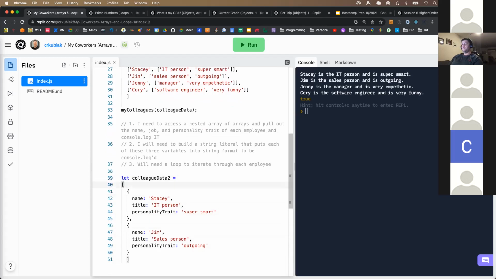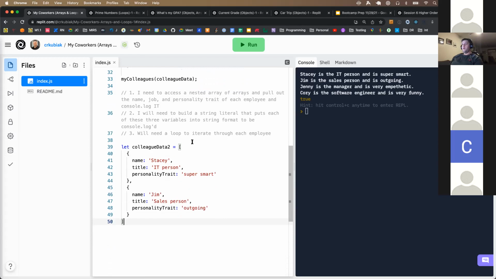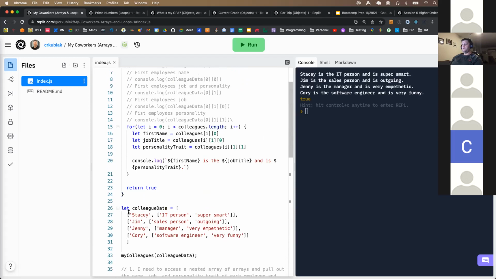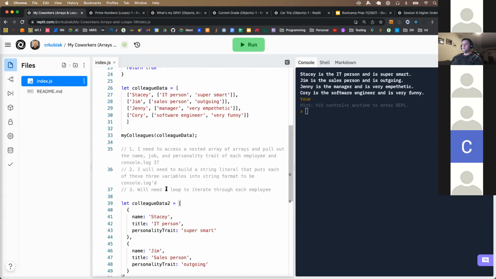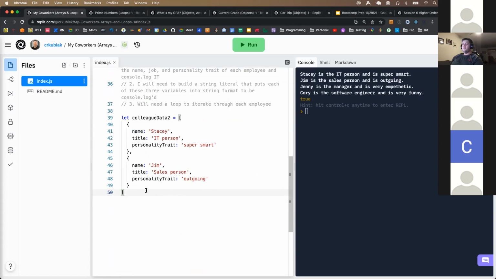So I can come in here and basically give me better spacing on this. This is driving me nuts. All right. And so here is something where now, instead of just seeing a bunch of information smashed together, it takes up a little bit more space, but I can see, okay, name Stacy, title IT person, personality trait super smart. And so we could do,